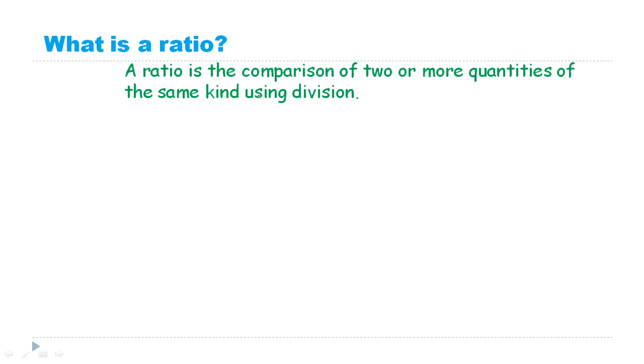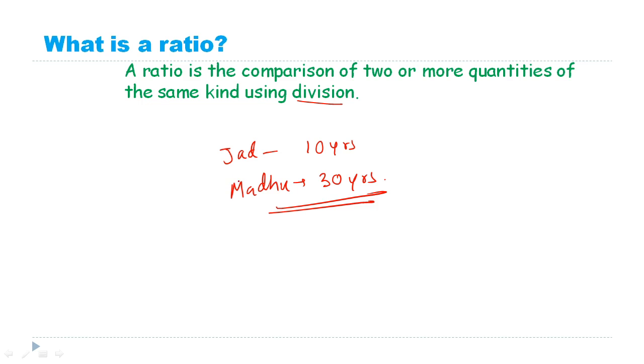You see the term here, it is division. That means we are not going to use addition and subtraction. So a ratio is the comparison. Say Jadu is 10 years old, and Madhu is say 30 years. So we can say that Madhu is 3 times elder than Jadu. So the ratio between the ages of Jadu and Madhu will be